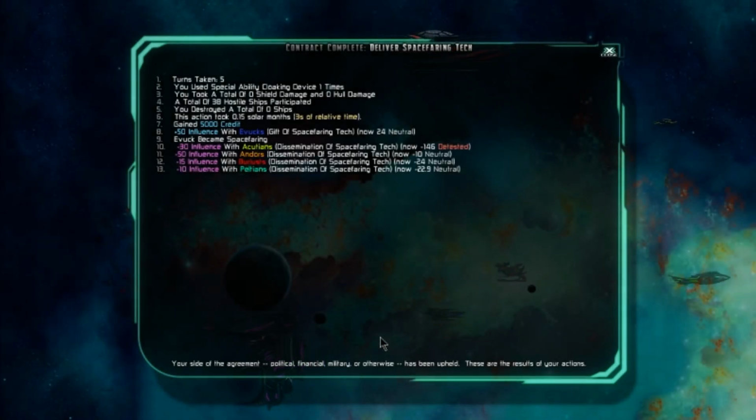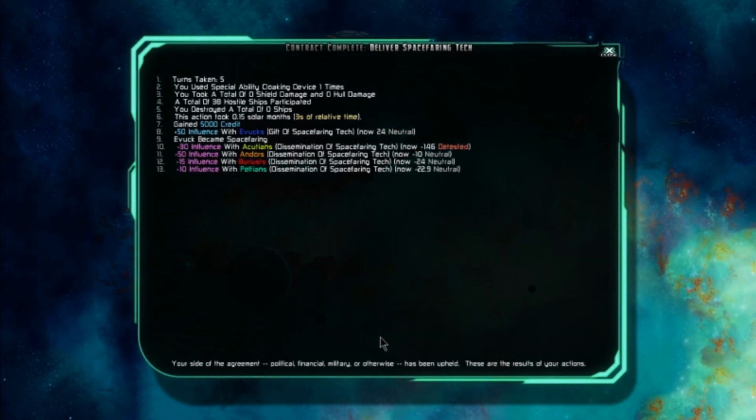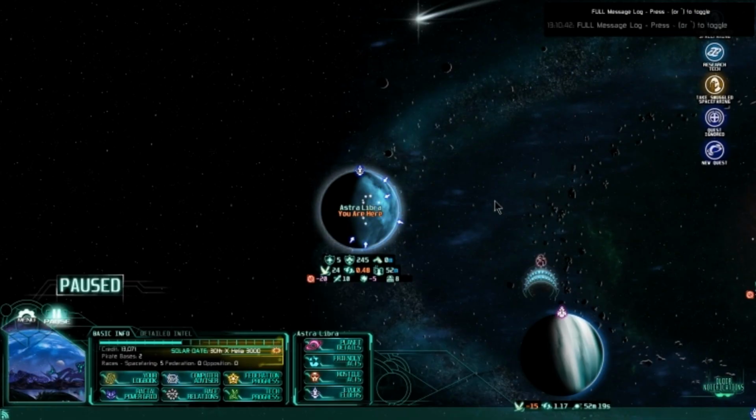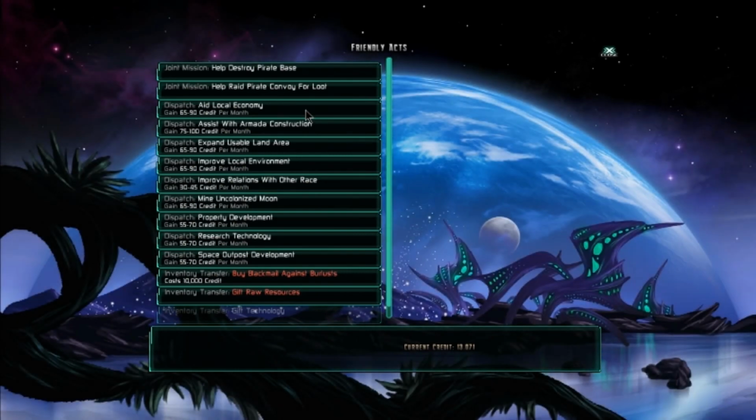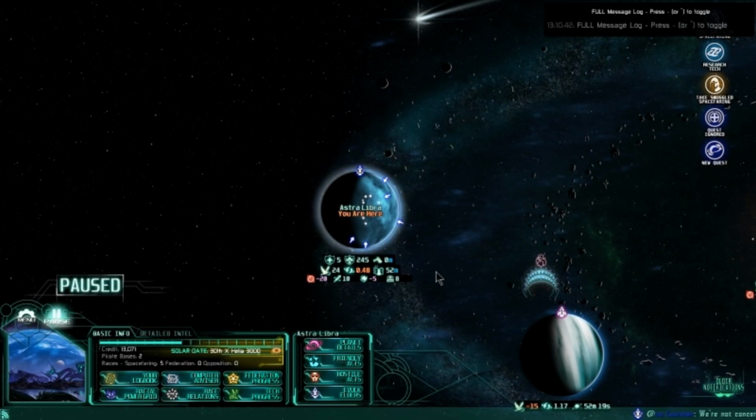Alright. The Ebucks are now spacefaring. Extreme caution is advised. Mm-hmm. They're not aggressive, but are incredibly dangerous when cornered. These are the same beings who wiped out most of your population with mysterious technology. Yes, they are. Okay, so